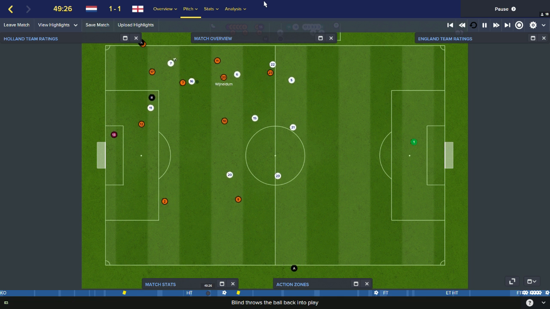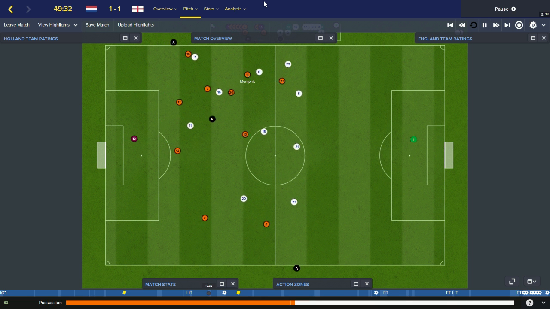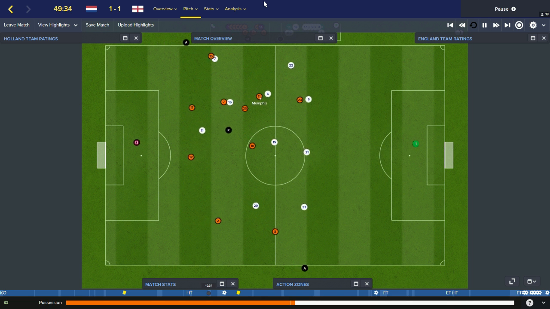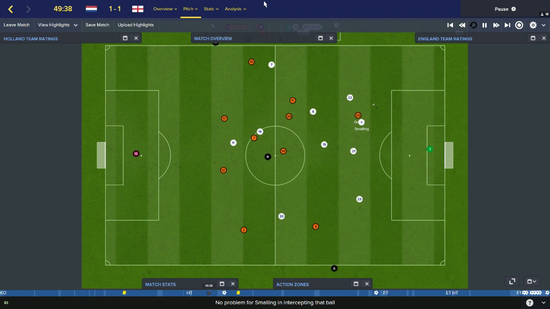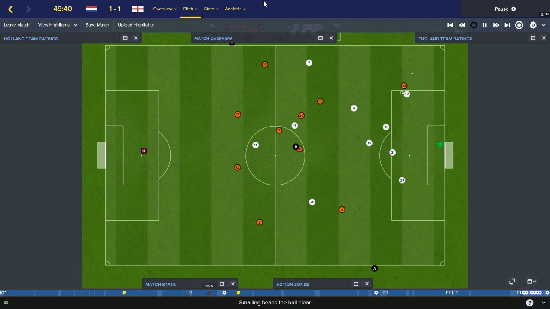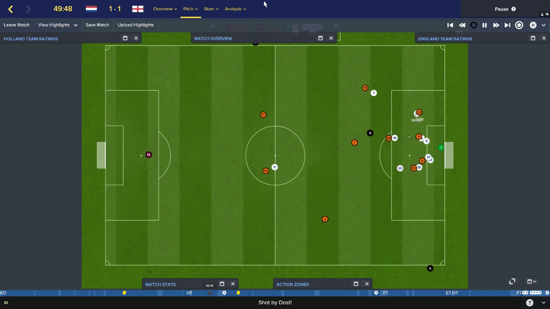Blind takes the throw in for the Dutch. Wijnaldum. Out to Memphis Depay on the wing. Depay comes in field. Squares it to Schneider. Schneider over the top for Dost to chase. Schneider didn't start the last game, recalled to the team today. Dost for Holland. Still going, he's in the area. This is dangerous. Walker, good tackle by Kyle Walker.